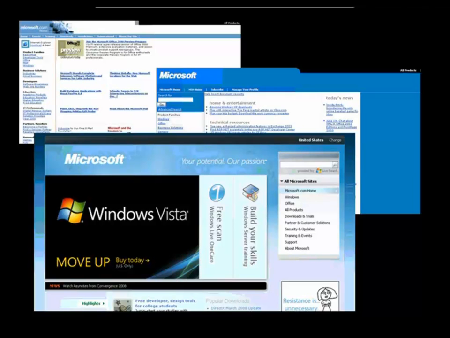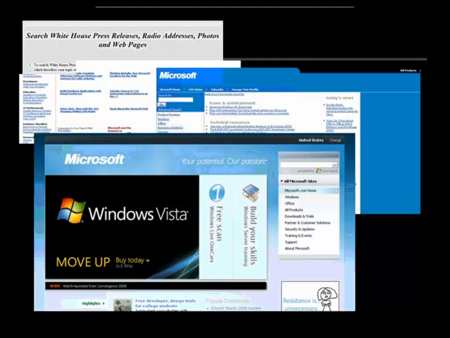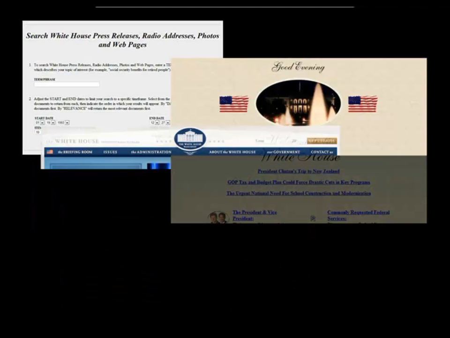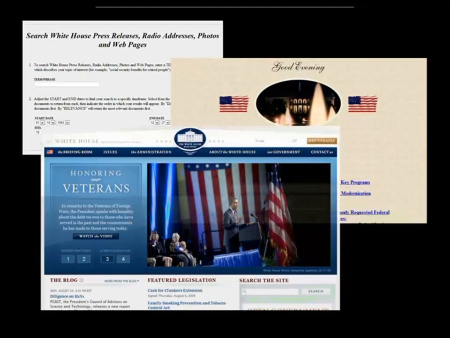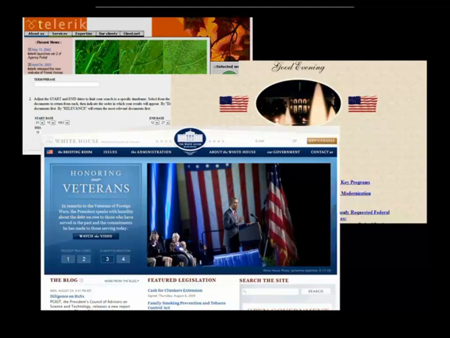Same goes for whitehouse.gov, not .com. Be careful. We evolved from the 1995-96 version of the website, which was basically just a press release lookup form, to one of my favorite eras of web design with the little animated GIF flags flapping in the wind and a pleasant website giving us a good evening greeting. But we have evolved even past that into the modern era where even now a government website, whitehouse.gov, is a very rich visual presentation. And one a little bit closer to home, Telerik, which has really been around since 2002,